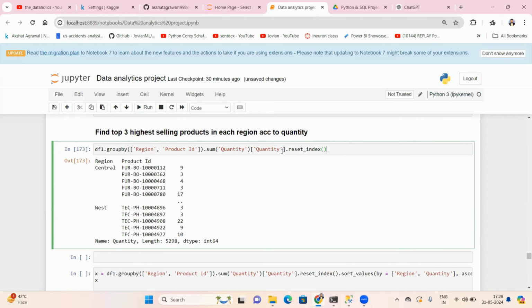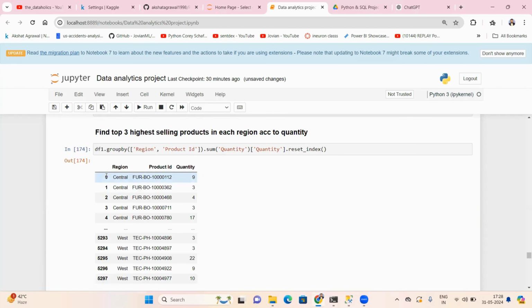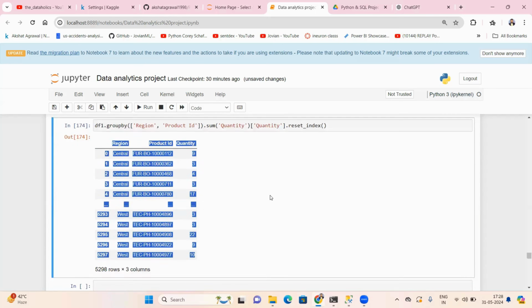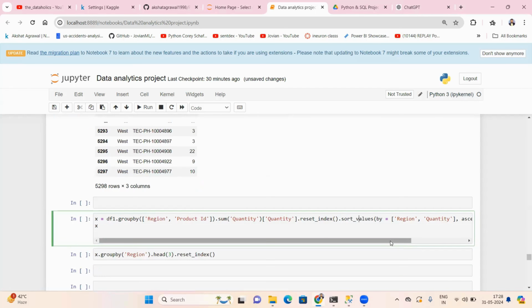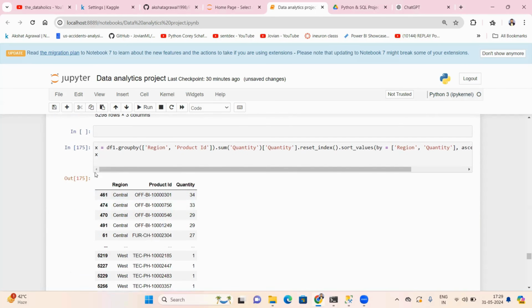Reset index. Yeah. So now the index is 0, 1, 2, 3 and so on. And the region and product ID are working like columns in this data frame. Correct. And then sort the data by region in ascending order and quantity in descending order. That's what I'm doing here. And if I show you the output, I'm placing this into the X data